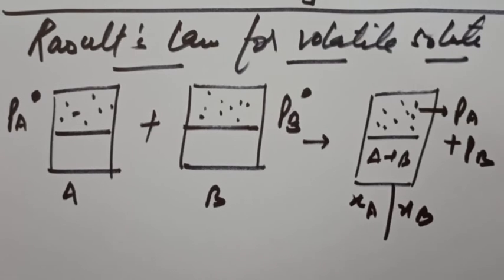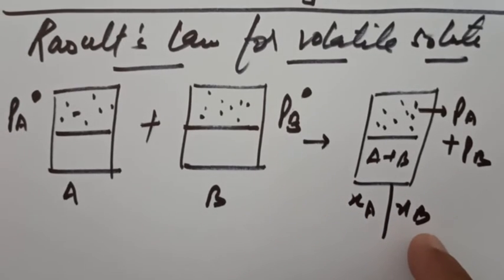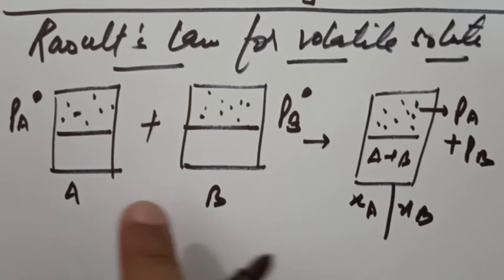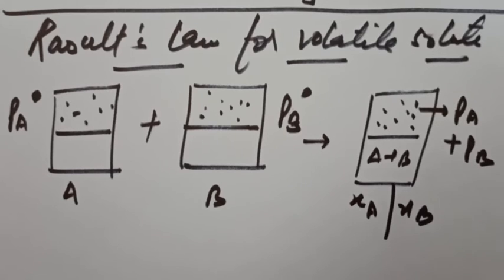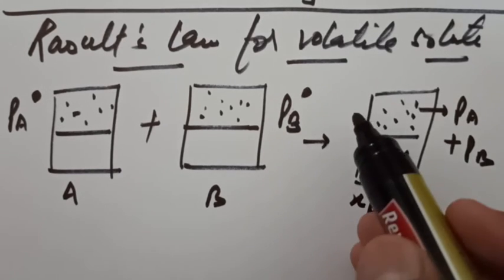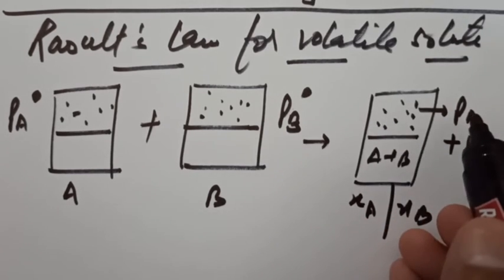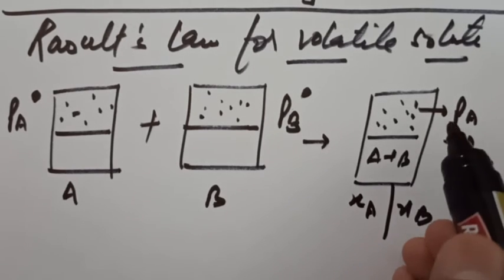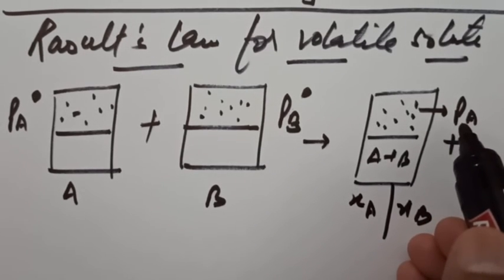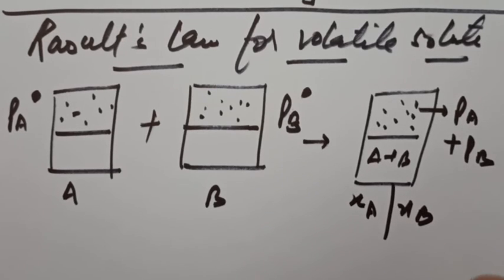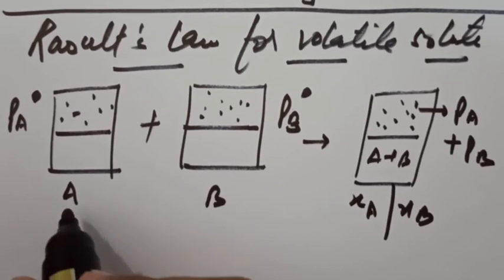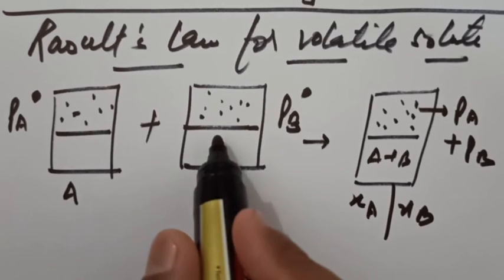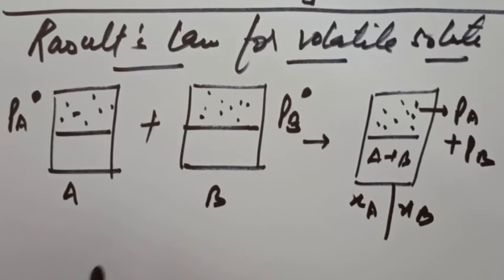ठीक है, suppose let XA and XB are the mole fraction of components A and B in the solution and PA, PB are पार्शियल वेपर प्रेशर्स। पार्शियली बोलेंगे क्योंकि ये कंप्लीट प्योर तो है नहीं, तो कुछ पार्ट प्रेशर का इसकी वजह से है, कुछ पार्ट प्रेशर का इसकी वजह से है, तो we will consider it as partial pressures. ओके, PA and PB are the partial vapor pressure of the components and PA naught, PB naught are the vapor pressure of the pure components, मतलब when they are in the pure state। अकेला A था, अकेला B था, तो PA naught और PB naught हो गया।